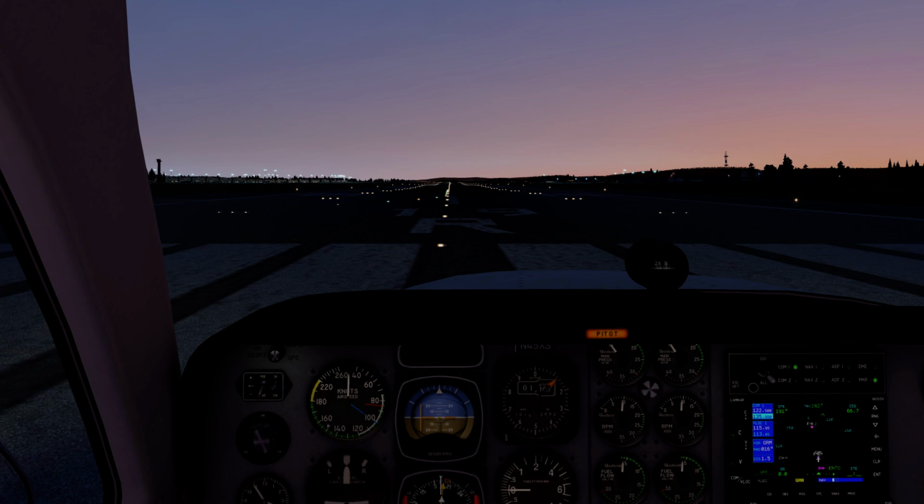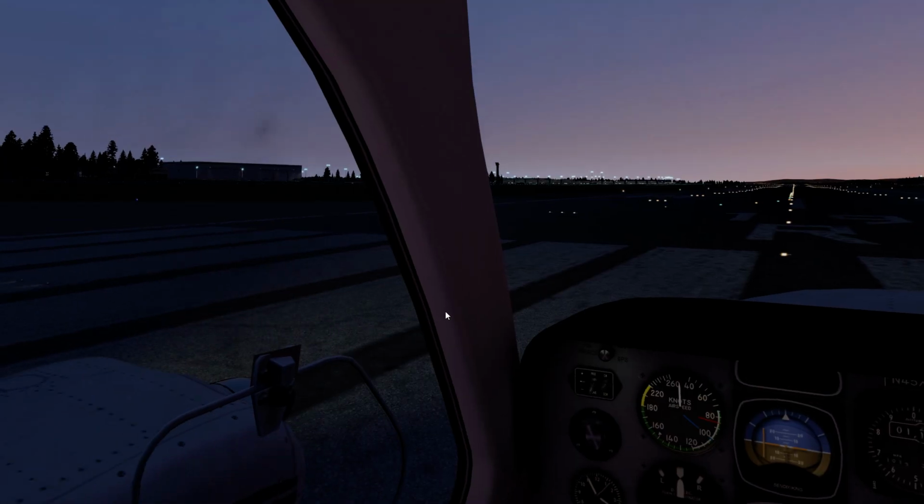is XVision with my own settings. These settings are not released yet, because I'm still tweaking it, but hopefully one day it will be released. So we are in the default Beechcraft 58, standing on runway 19 right, and we are about to take